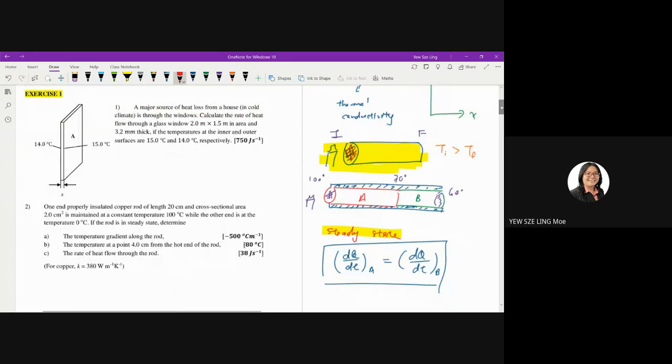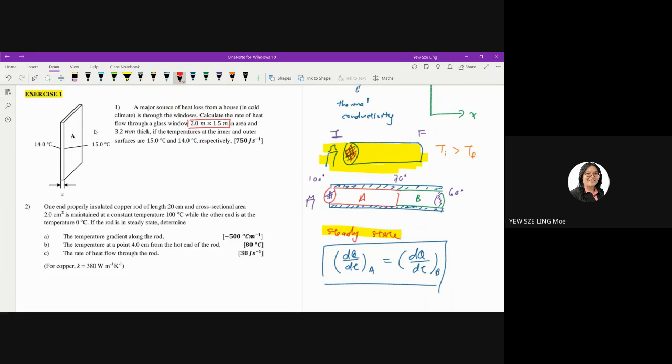Okay, now let's look at question 1. A major source of heat loss from a house is through windows. Calculate the rate of heat flow through a glass window. That is 2 meter times 1.5. Now, this one we call dimension. So dimension 2 by 1.5 meter in area and 3.2 mm thick. If the temperatures at the inner and outer surface are 15 degrees C and 14 degrees C respectively, so now